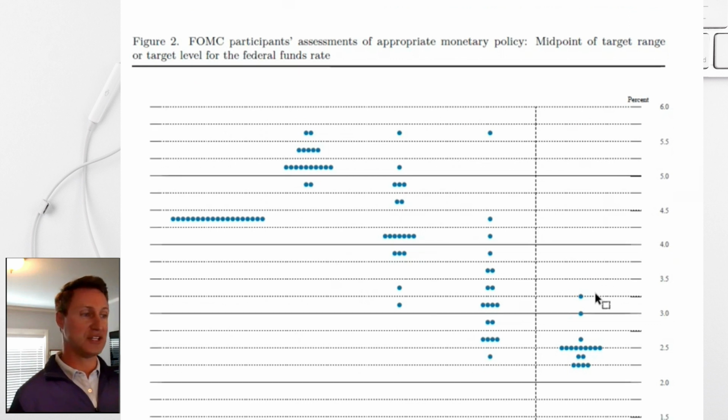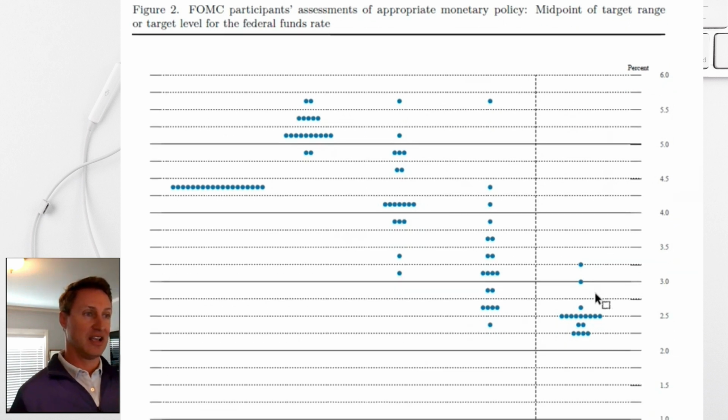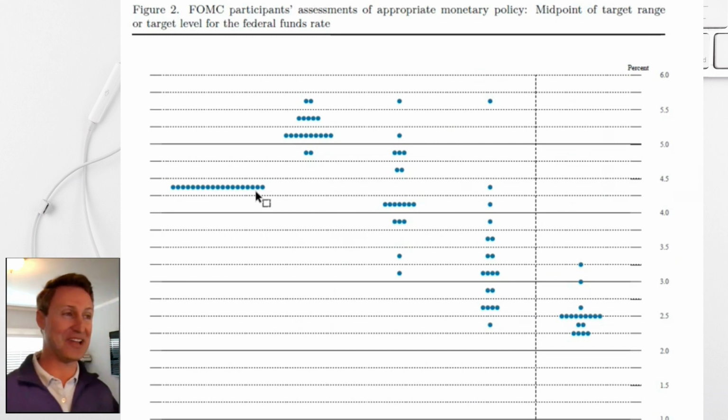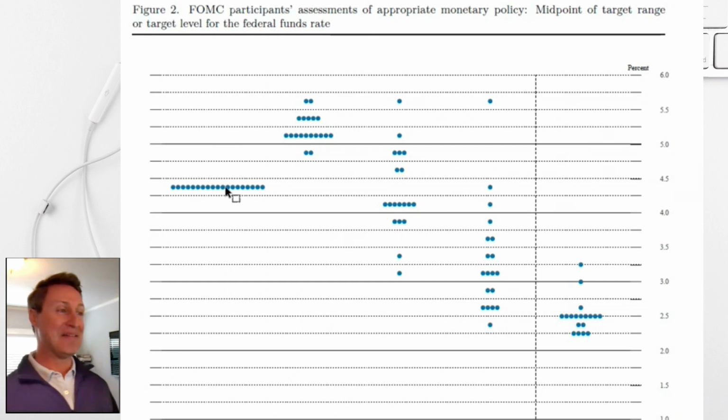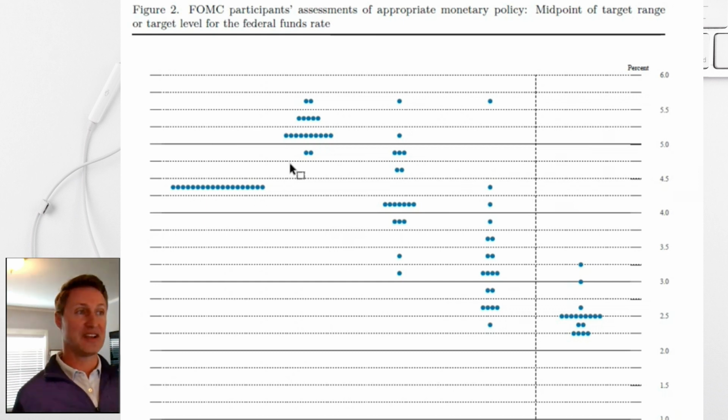This is what I think is very interesting, though. This is a dot plot, and there should be about 19 dots on the dot plot. And this is our federal funds rate. So right here in 2022, we're about at 4.25. Everyone's in agreement because it was the new year, and that's where we are. Then we move to 2023. Not a whole lot of disparity, pretty tight range, frankly, but not a lower